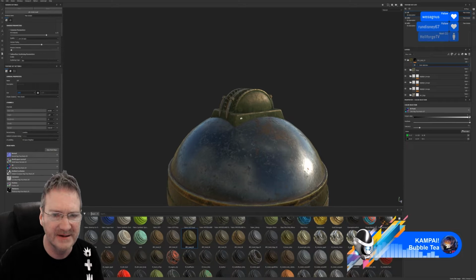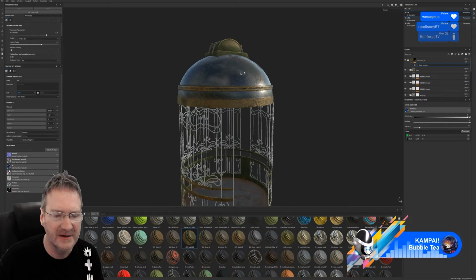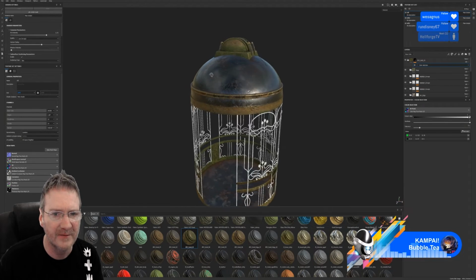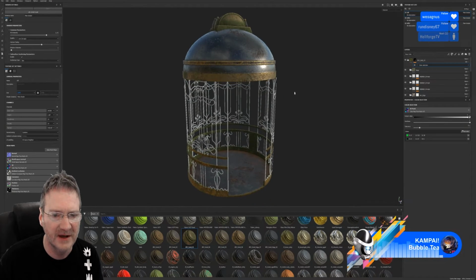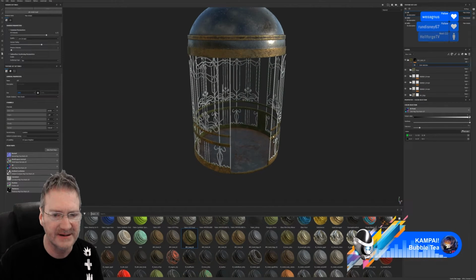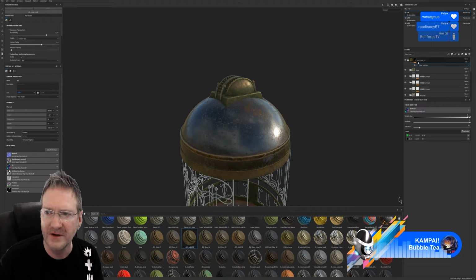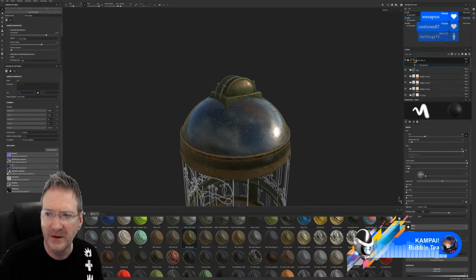I just like the way it gives us that tarnished look and helps to break up everything being this bluey metal, galvanized metal. We're going to come to the base in a minute. But I think what I want to do here is, what do I want to do? I'm going to